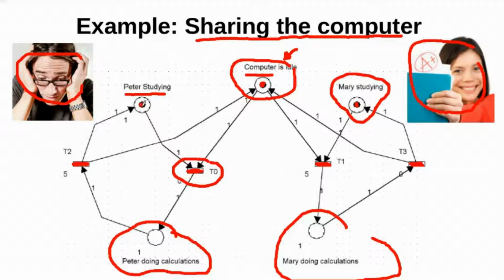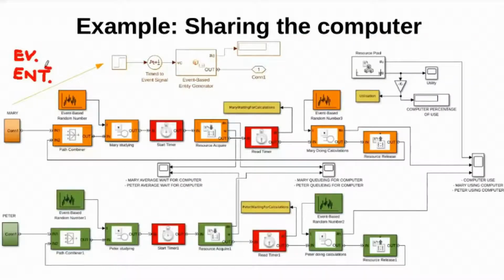So these tokens now will be called entities. So Mary and Peter are entities. These entities or tokens are synonyms, okay? These entities will flow all along the system, okay? And the flowing all along the system of these entities will be managed by means of the events on the system, okay? So the two main ideas at the beginning will be the entities will be the objects,